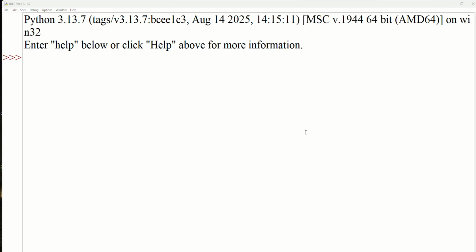So let's get started. To create a function, first you need to type def. Suppose you want to greet people and create a function for this. We need to type greet, and then